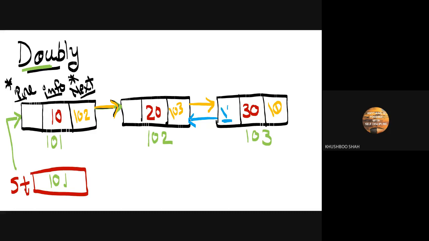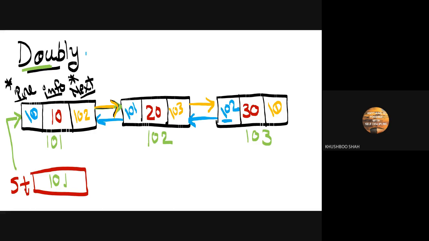So when I write the 102, it will create this link. If I write 101 over here, it will create this link. This is my first node, so this will contain the null character. So this is the structure of the doubly linked list.